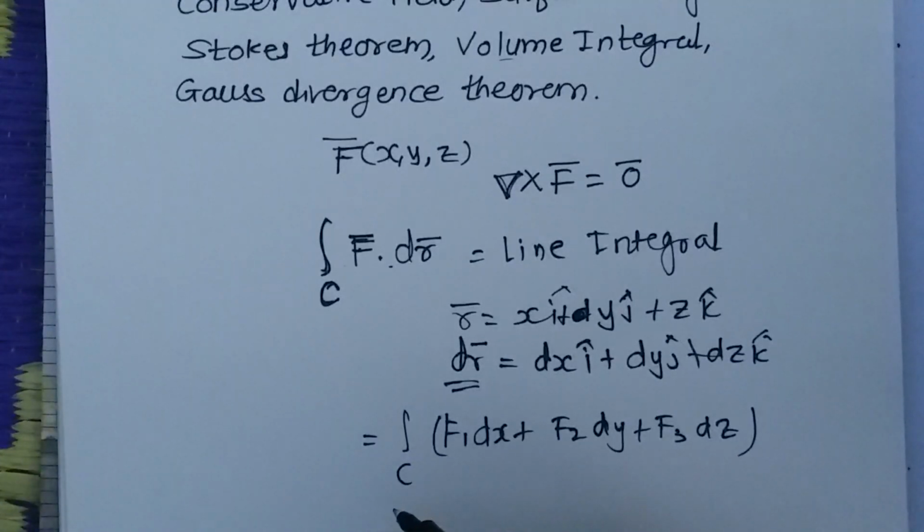So for calculating limits, either we have to take the help of given equations, or the help of parametric equations, or the help of sketching of that curve. Once we draw that curve in space, after finding the point of intersection of that curve, we can determine the limits for the required integration. So the calculation of limits also becomes important here for calculating line integral.